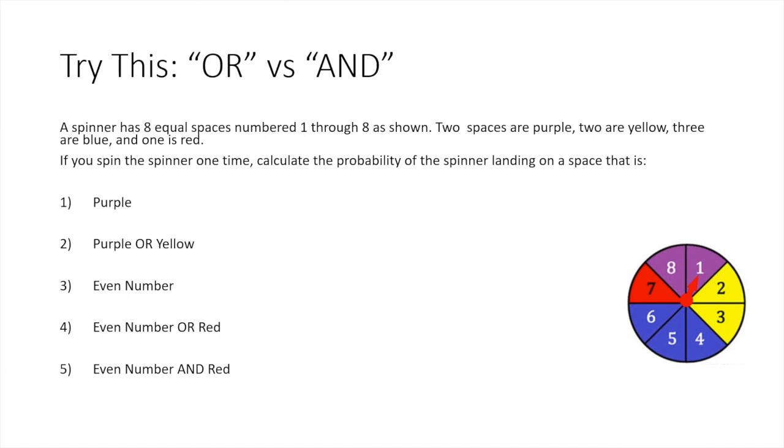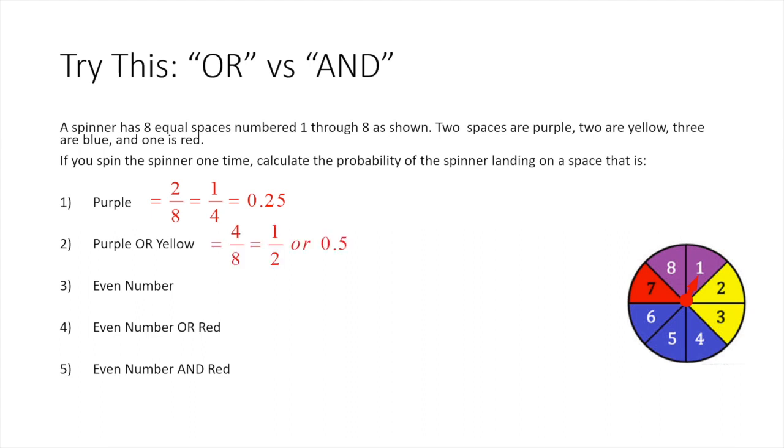Okay, so let's see how you did. The probability of spinning that spinner one time and having it land on a purple spot: we have 2 out of 8 are purple. So for your answer, you'd want to simplify that as a fraction and get 1/4, which is also equal to 0.25. If you give your answer as a decimal, in this case, it works out to be an exact answer, 0.25. But if you need to round your answer, in other words, if it has many more decimal places than just 2 decimal places, we want you to round it to 2 decimal places.